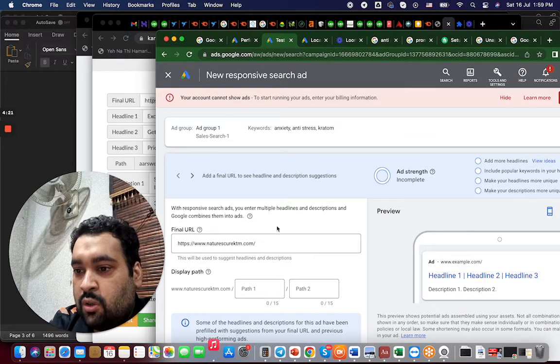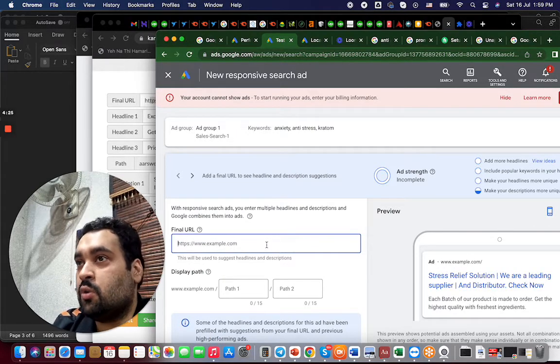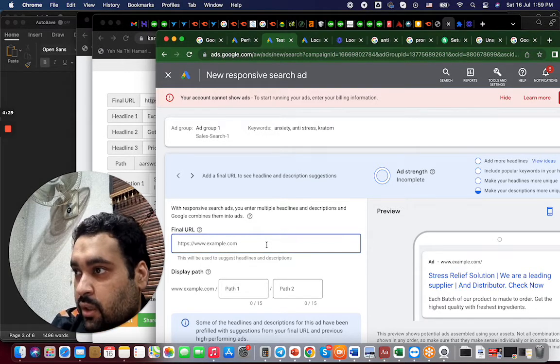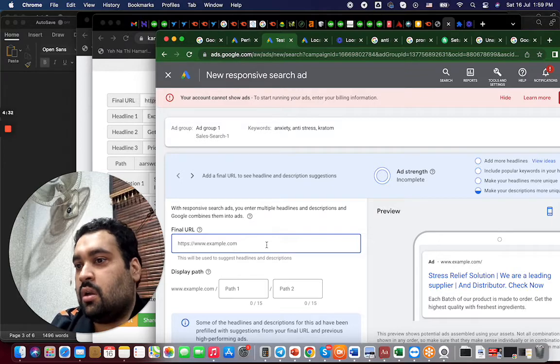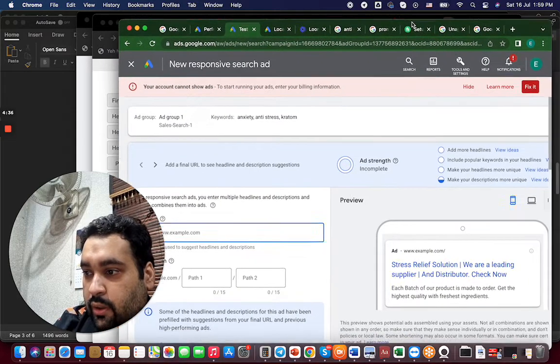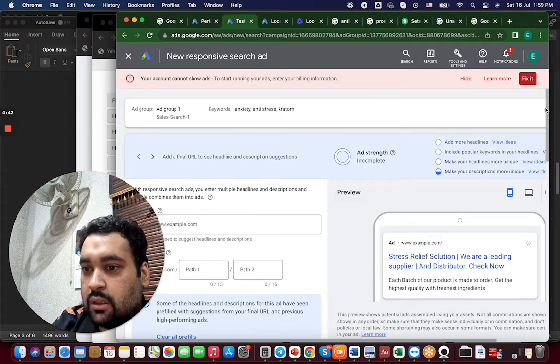You also need to be sure that there should be one URL being used in each ad group. If you use another URL in the ad group, your ad won't be approved. So for each ad group, there can be only one URL. For instance, this is my final URL, and here I write